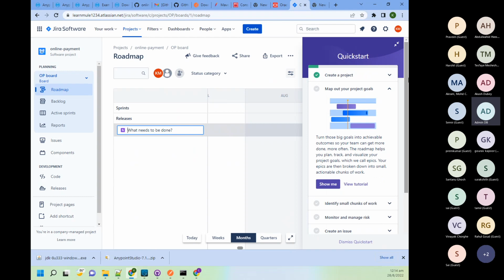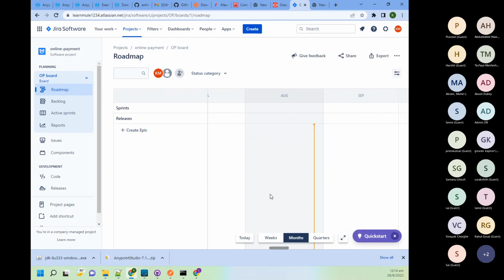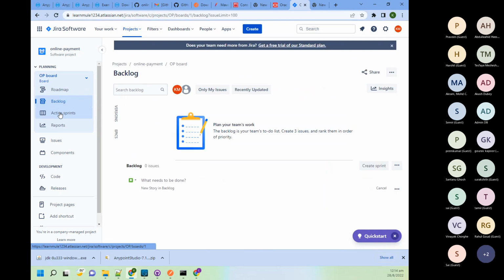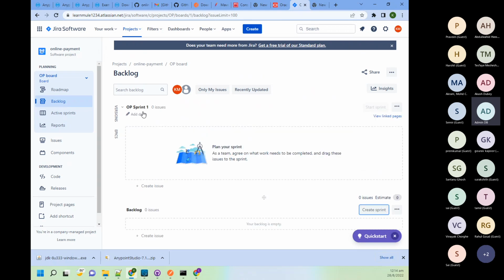So this is my board. Okay, and here inside backlog, you can see we have the option create sprint. Okay, click on this. So sprint 01. Okay, and here we can